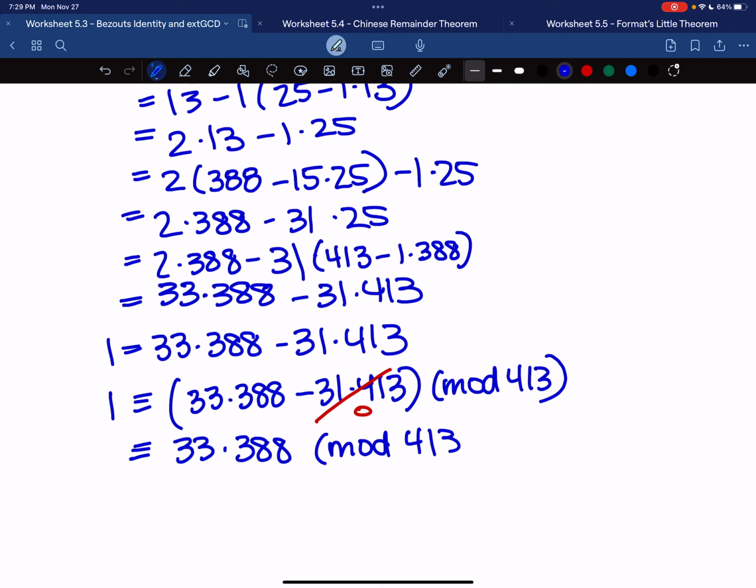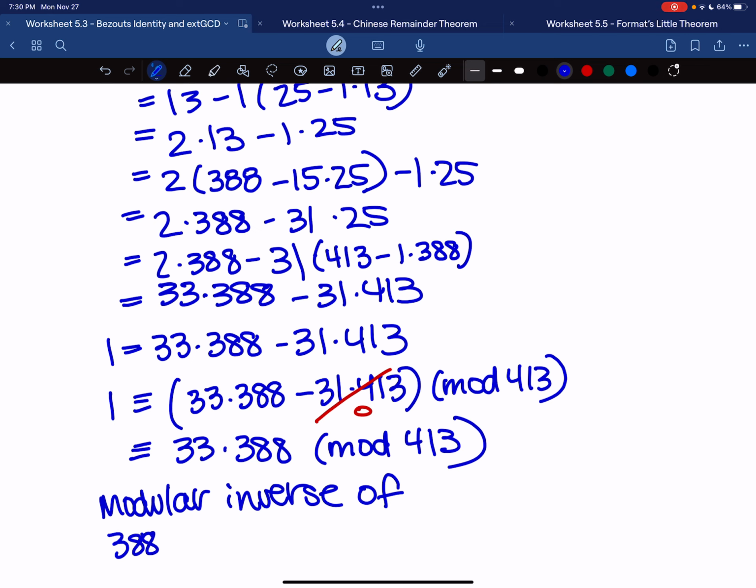mod 413. And this is why this approach works, because once you find Bezout's coefficients, you can find the modular inverse of either, and so here we have 33 and 388. If we multiply them together, they give us 1 mod 413. And so the modular inverse of 388 mod 413 is 33. Okay,